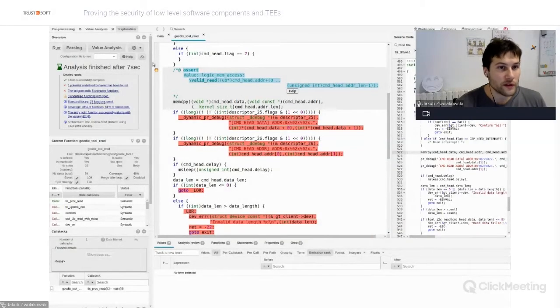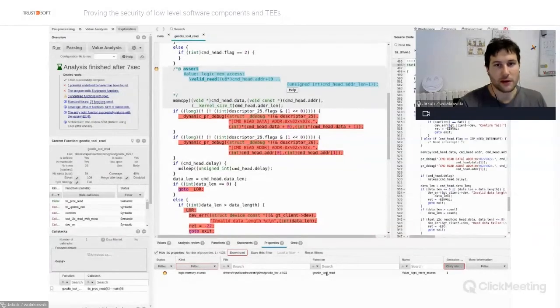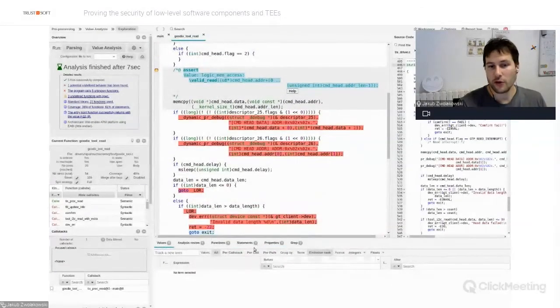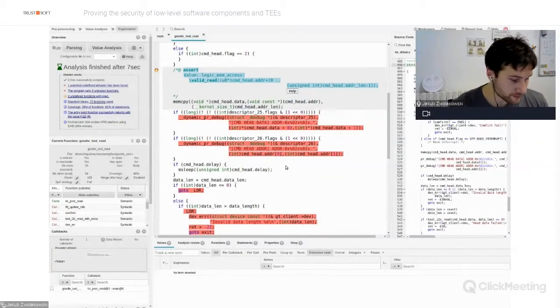I will just tell you about the rest of the interface to finish this little overview. Here on the left, you have a lot of details about what's going on. The most important part here is this line: one potential undefined behavior has been found. This says that the code is not sure to be free of bugs, and there is actually one bug that was found by the analyzer. Here on the bottom, we will see the values of variables from the code. So let's get back here and see what's going on in this line of code and what this assertion is about.